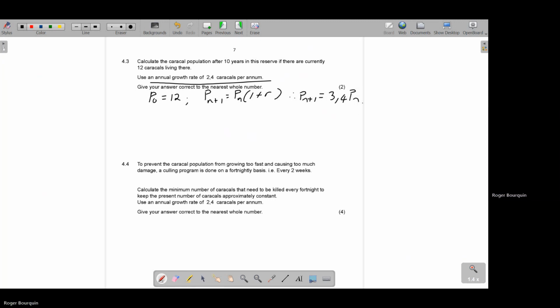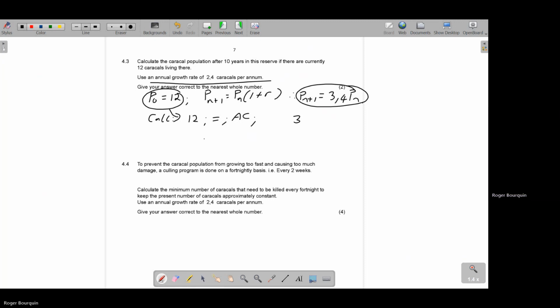Okay. Right. So now you're just going to get your calculator. And on your calculator, you're going to enter your first value. So you're going to go 12 on your calculator. You're going to go 12 equals, clear your screen. Now that has been stored in your memory. Okay. So on your calculator, you're going to go